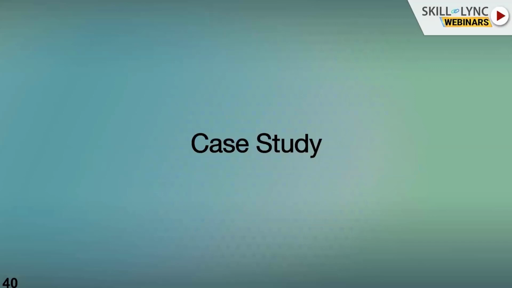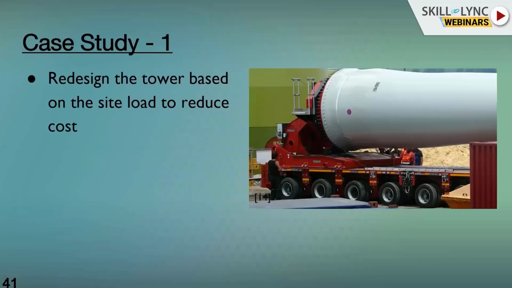And the case study. The case study is normally the redesign of the tower, based on the site loads. Normally, they will consider only the theoretical load, that is the extreme load condition. Nowadays, class 3 and class 4 sites require 100 to 120 meter tower height. If you consider the extreme load, then the cost of the tower